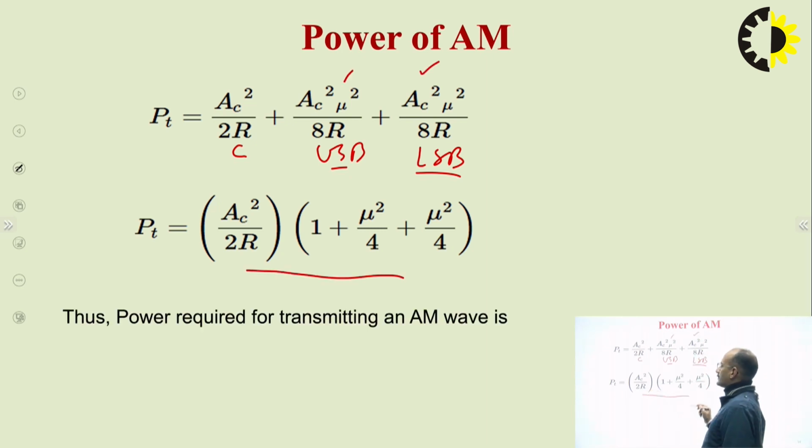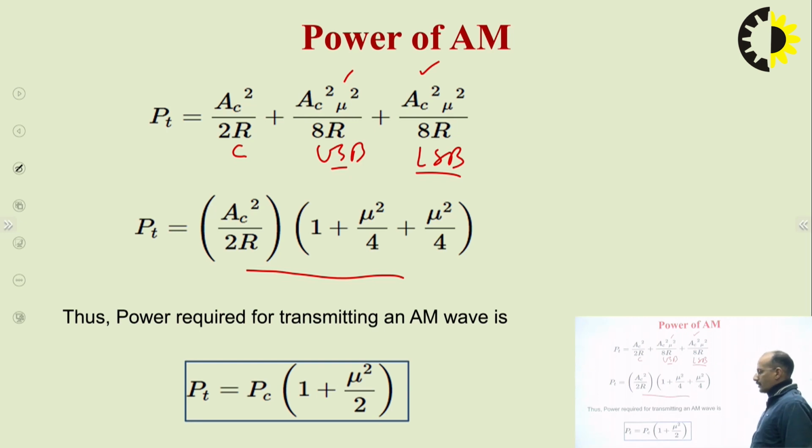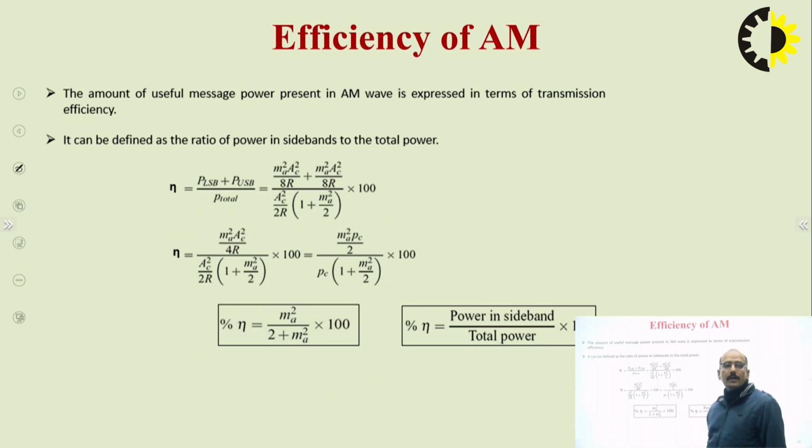So we will get this, and the total power equation as per the modulation index is PT equal to PC into 1 plus mu square by 2. So this is the power of the AM, and as per the power of AM, we can also find out